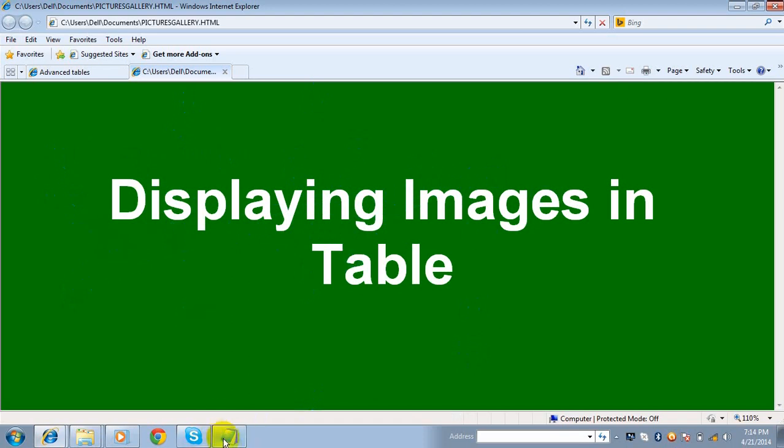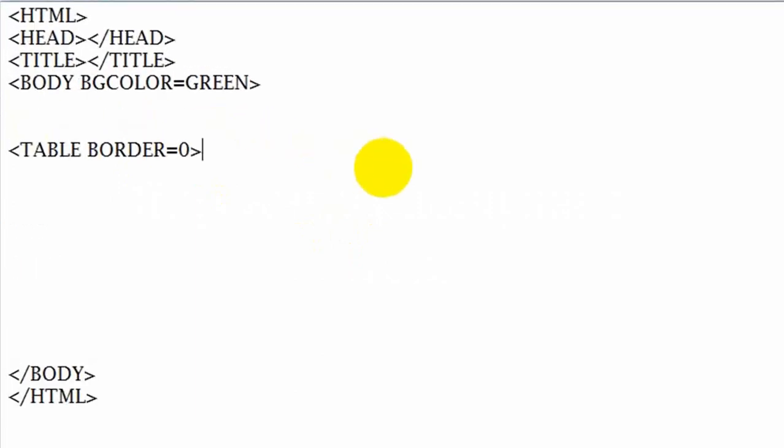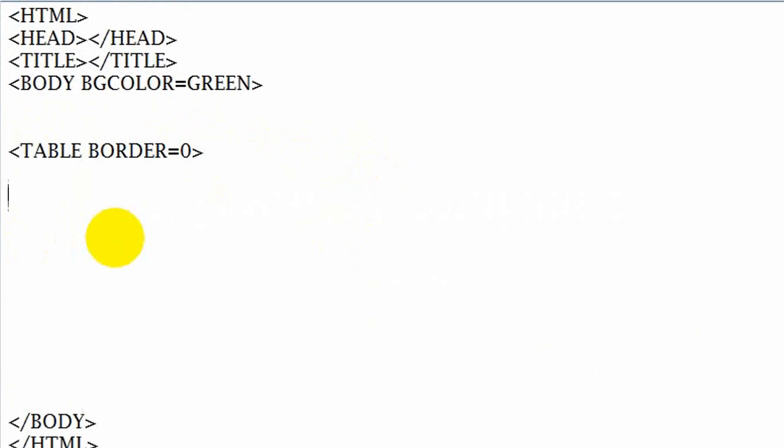Now let's go to text editor. Table border equal to 0. Now here we don't want to display any type of border. Okay, just close this tab. Now let's begin table row.